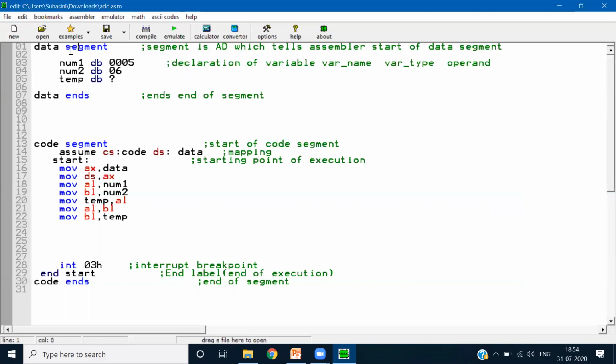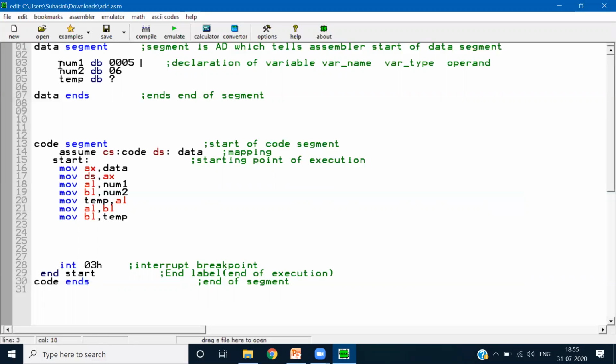So segment here is a keyword, an assembler directive, which is going to tell the assembler that it's the start of the data segment, right? So it will create a data segment which is going to save the data in it, right? So I have declared two data items, number 1 and number 2. So writing a declaration of data is like this. Like in C you were using int a is equal to 10, where a was the variable and you were specifying the data type of a also.